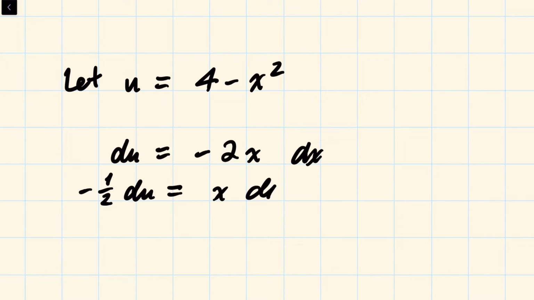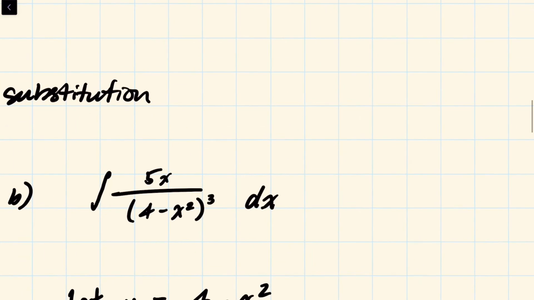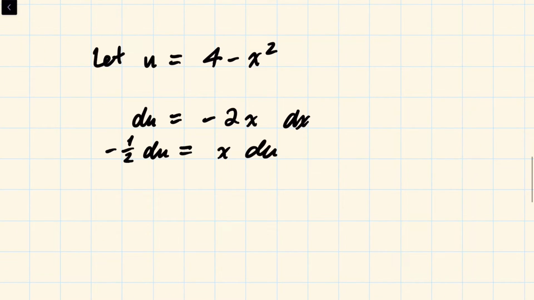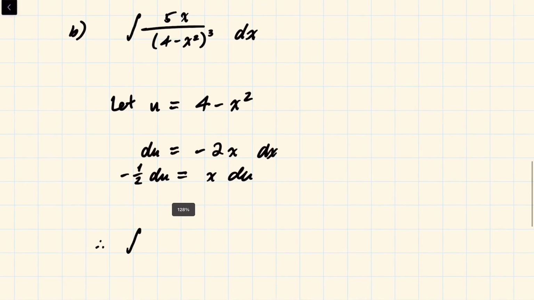Notice how I left the x with the du here, right? That's important because we have an x up here. It's kind of like you're multiplying this x by the dx, because you can bring this out of the fraction and it means the same thing. 5 over (4 minus x squared) all cubed times x dx is the same thing as saying 5x over all of that, dx. So we are going to say, therefore, now, the indefinite integral of 5x over